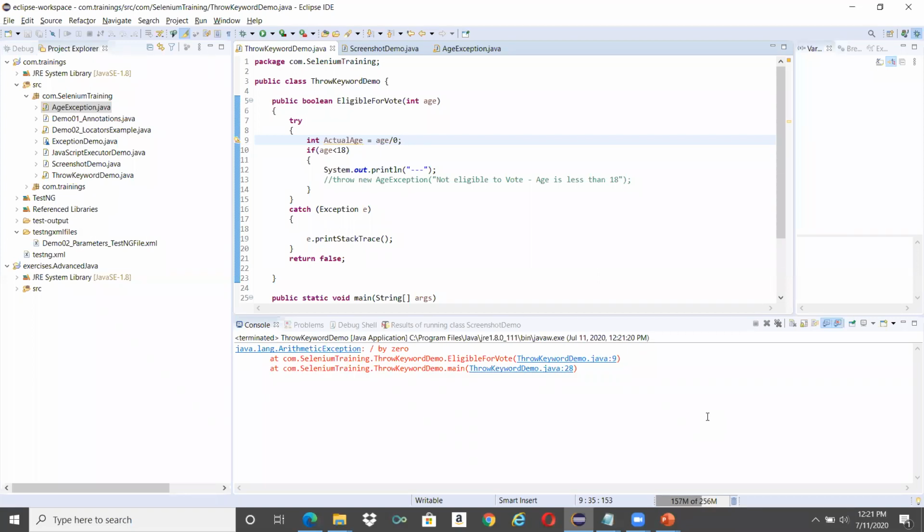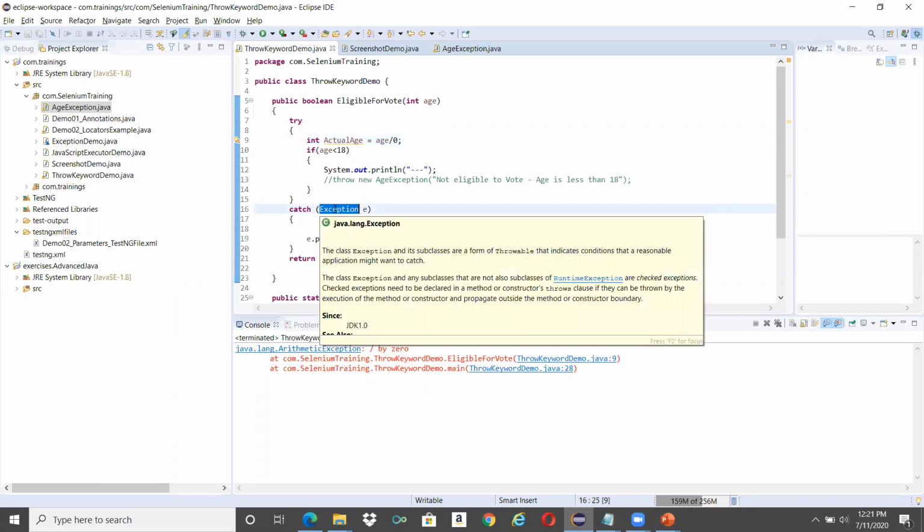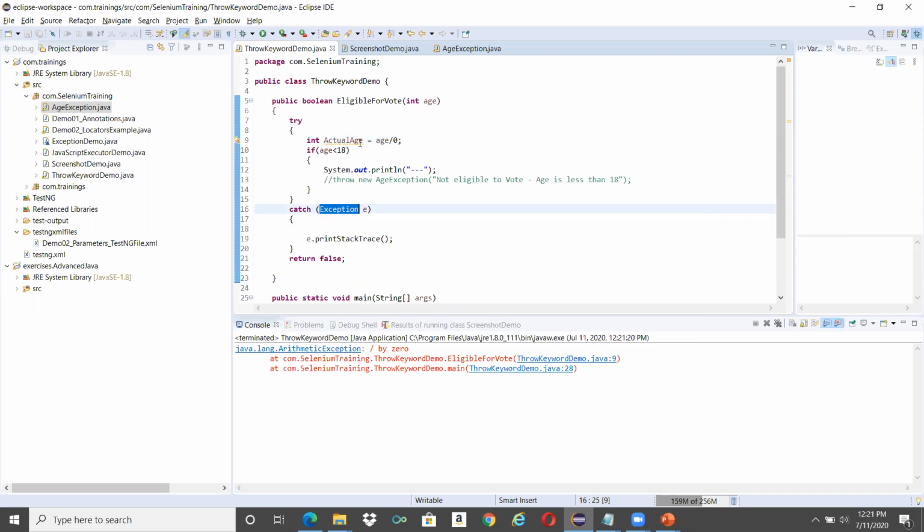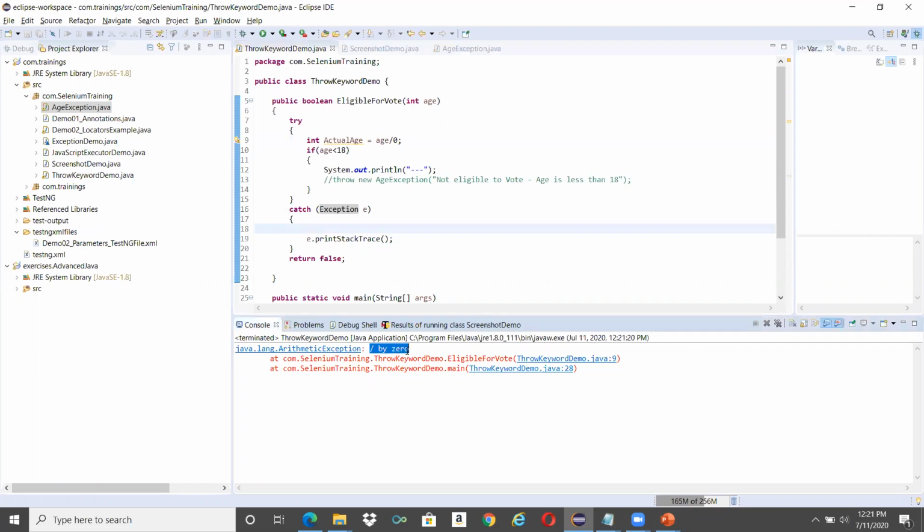Here, I did not give my user defined exception, I just gave this normal exception. I'm trying to validate something in this particular try catch block, and it is telling divided by 0, this is the problem.